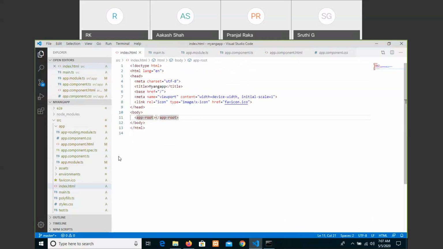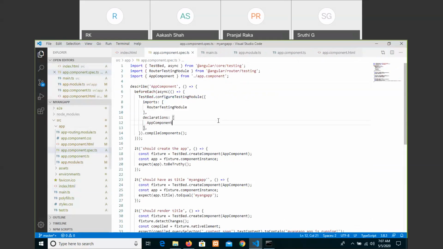Okay, and if you observe, what about this spec? It is the place for writing testing. Here we use testing with the concept of Angular, how to write tests for the components, which we'll discuss at the final point or before reaching the final point. Okay, now let us write the code.